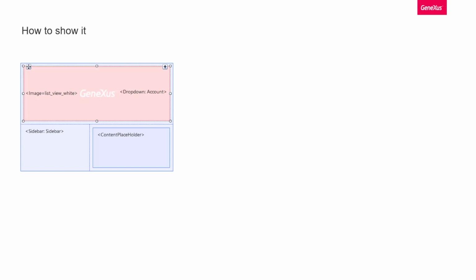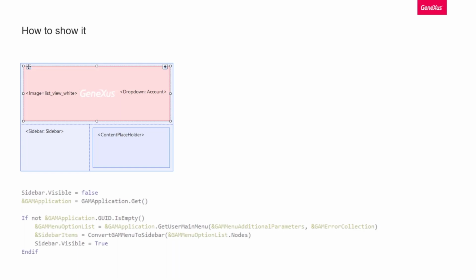Now we go to our own implementation, and in the master page, we define a component of sidebar type. In the start event, we implement it as follows. We obtain the application, and then we obtain the main menu. For the defined menu to be main, we must set it in the application properties from the web backoffice. Otherwise, we can use the getUserMenu method, to which we indicate the identifier of the menu that we want to